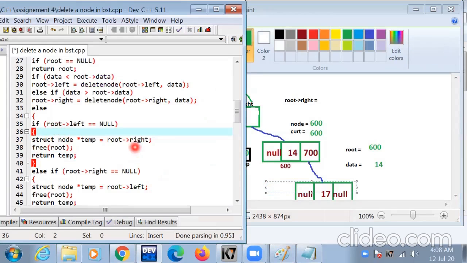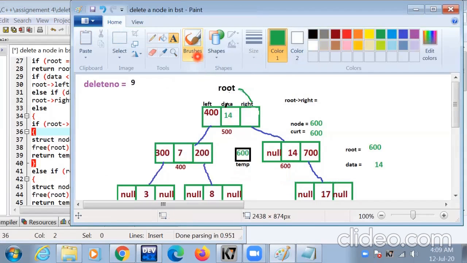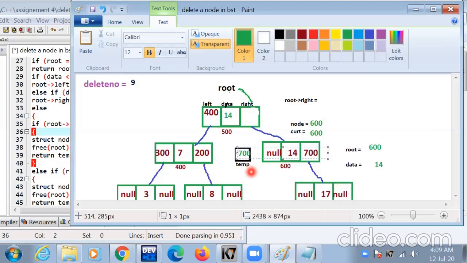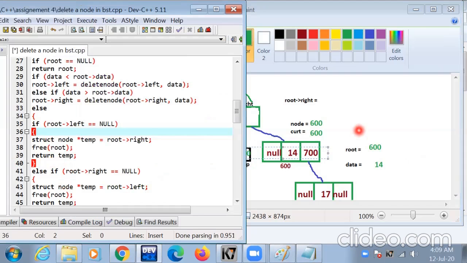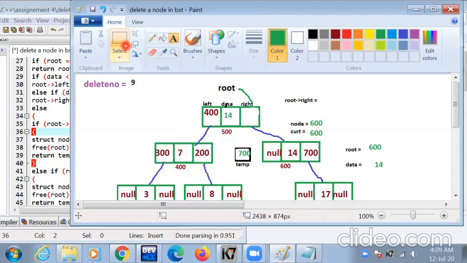The value of root right is 600, and root right value is 700. 700 is inserted in temp. Here free root, this node is freed.